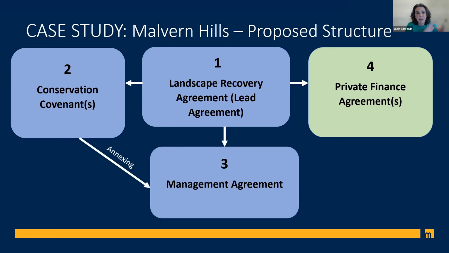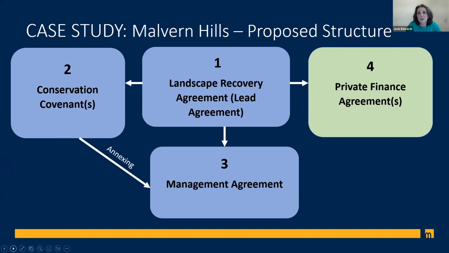And one thing I want everyone to keep in mind throughout my talk tonight is this is very much a proposal. It's an early stage proposal. It's our suggestion of one way that these could be structured. And we think that there's significant scope for flexibility in the structure we're proposing to reflect individual circumstances. So tonight I'll use Malvern Hills as a case study, but this could fit any number of commons around the country, and it could also be tweaked or simplified, scaled up, scaled down to fit the situation and the scale of the schemes that are proposed, the numbers of stakeholders involved, etc.